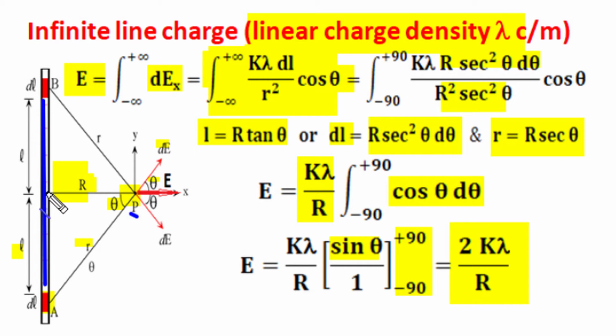Elemental lengths near this perpendicular bisector have small r, so they have higher electric field contribution, and their resolved component along x has a higher value of cos theta, so higher numeric value, whereas far away positions have small electric field contribution due to the large value of small r distance, and the resolved component also becomes smaller. So only 2r length will produce 70% of the electric field, and the remaining infinite length will contribute only 30% additional electric effect. But an interesting point is that for a long straight uniformly charged line, the electric field at a mid position is radial outward for positive charge and radial inward for negative charge.